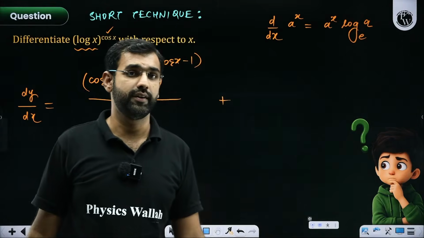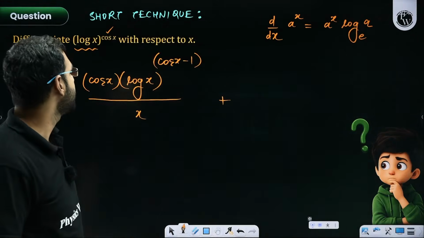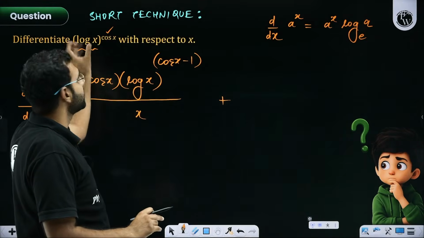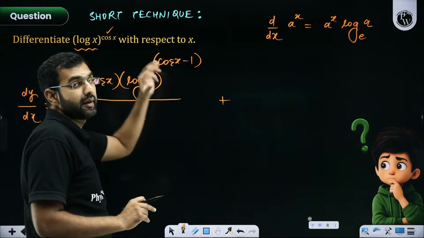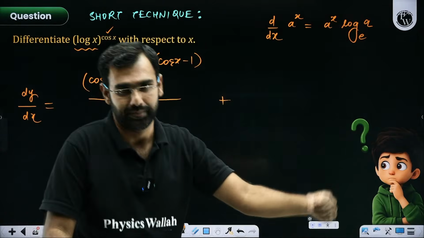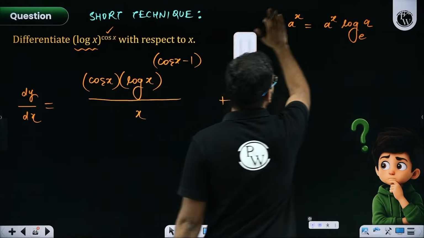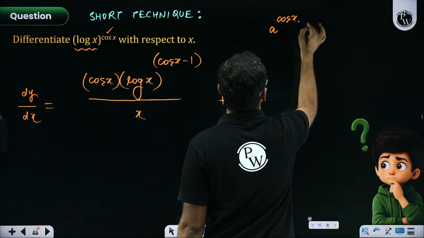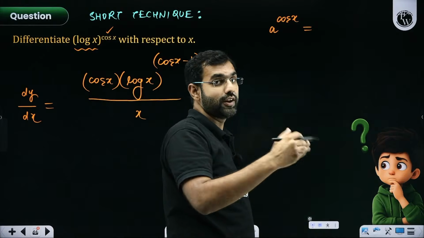But the problem here is that it is not a to the power x. Log x I'm treating as a constant. So imagine this is a to the power x, but it is not x, it is cos x, sir. Okay. So pay attention, everyone. I am wanting to differentiate a to the power cos x. So as per chain rule,